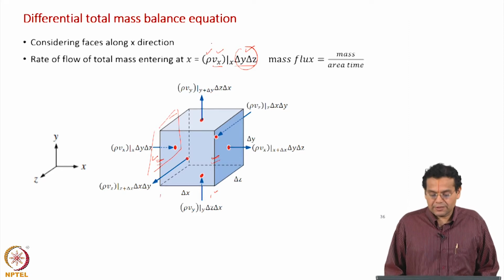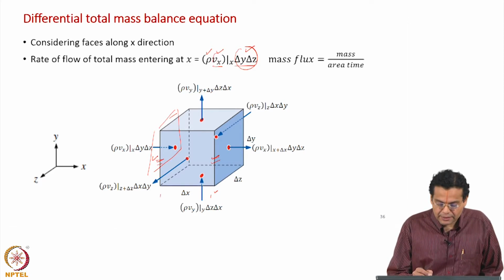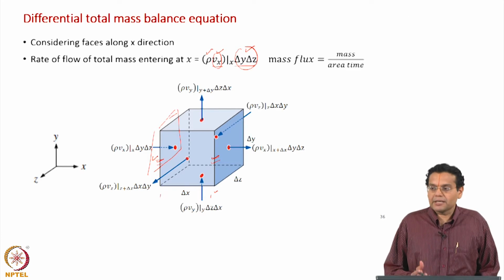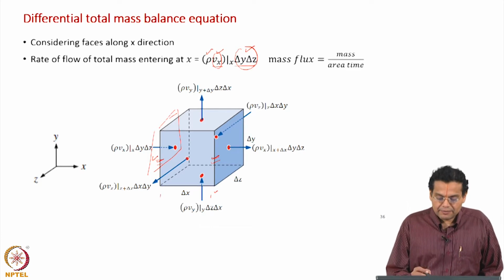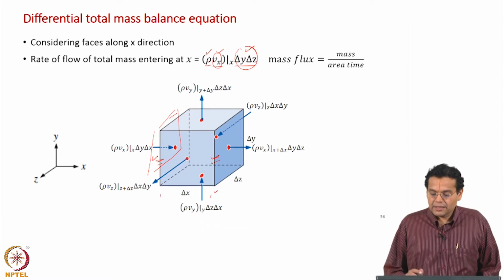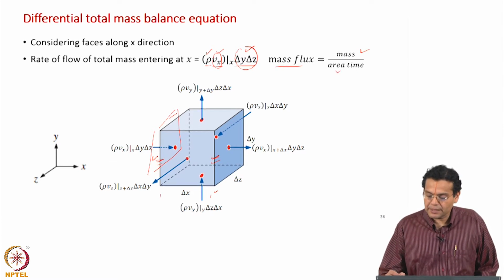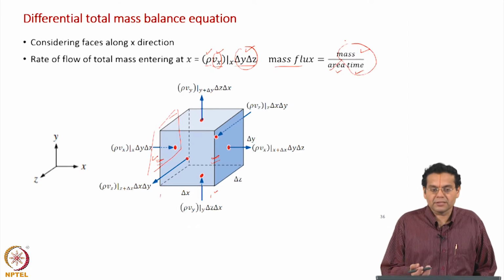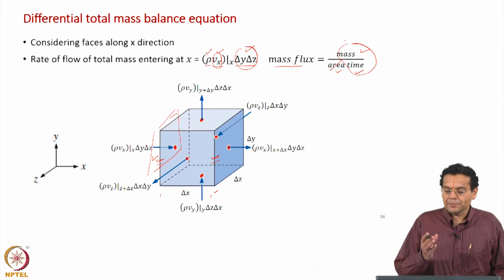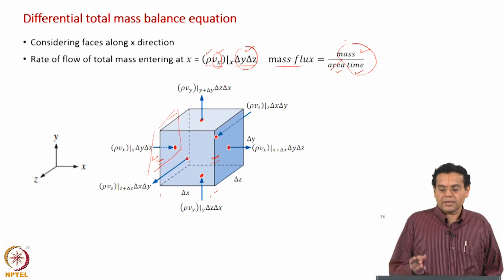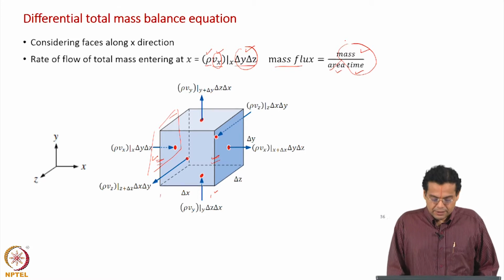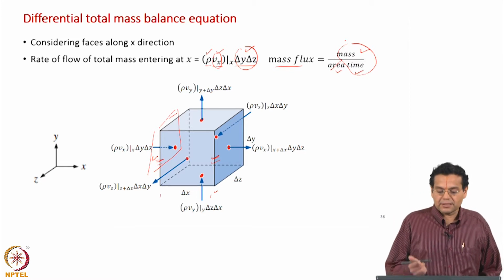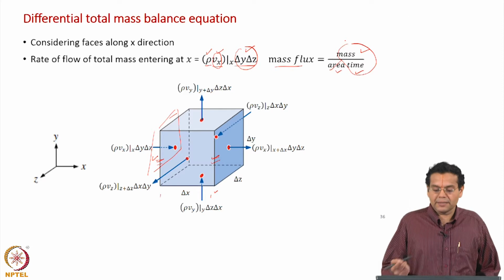Now, what is the other way of interpreting? We have seen earlier that velocity represents volumetric flux. When you derived the integral balance, we said velocity represents volumetric flux. So, when you multiply by density, you have mass flux. Of course, we know mass flux is mass per area per time. So, when you multiply by area, you are left with mass per time, which is the mass flow rate. So, two ways of interpreting: velocity into area gives volumetric flow rate, multiplied by density gives the mass flow rate, or the volumetric flux multiplied by density gives mass flux, and multiplied by area gives mass flow rate.